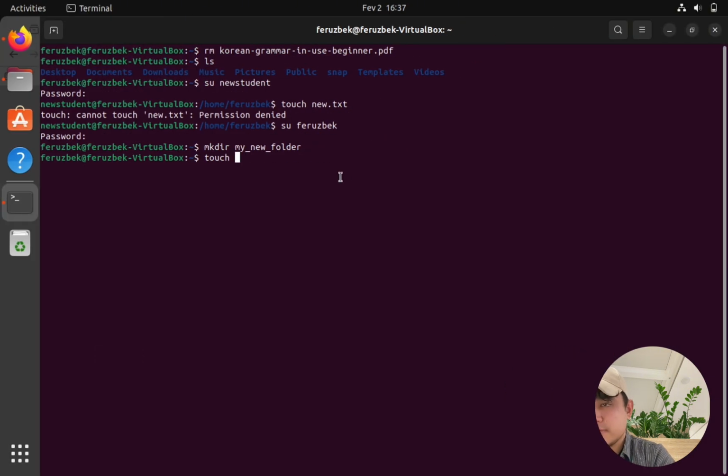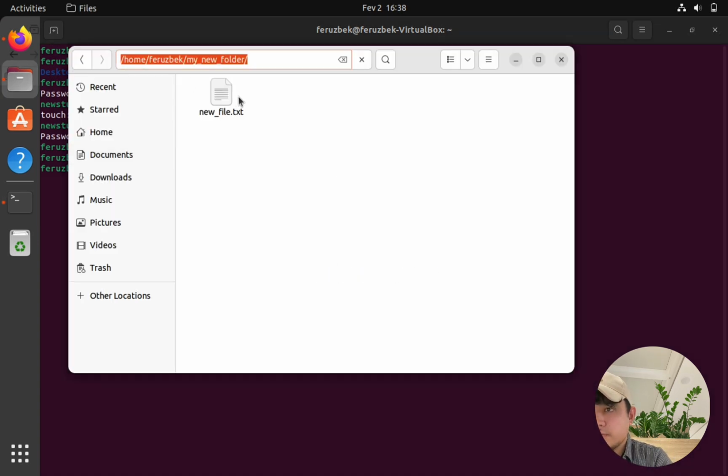Let's dive in. Touch the name of the folder and new file.txt. Now we have new file, as we can see here, new file.txt inside our